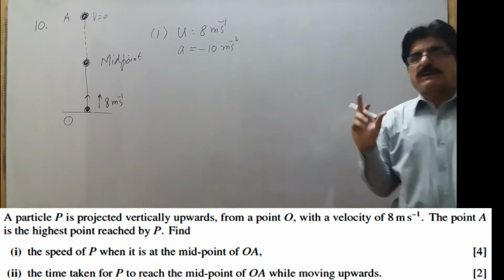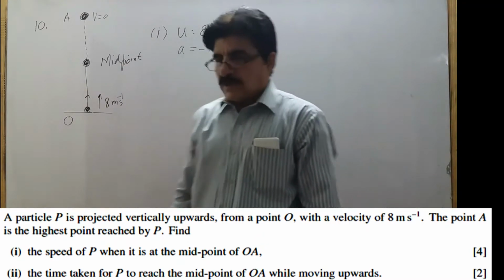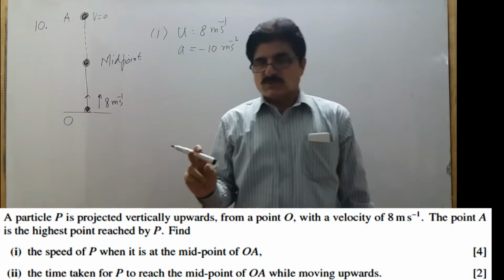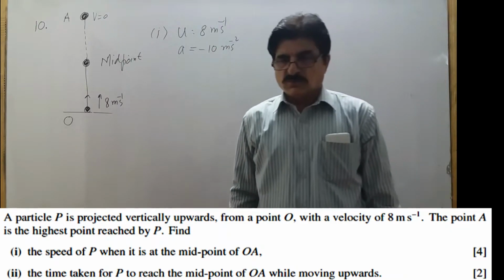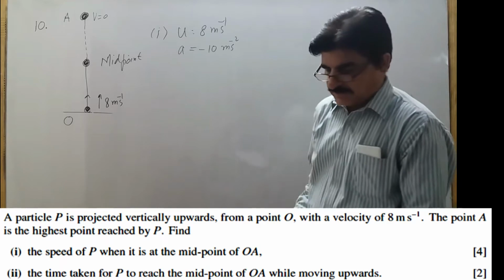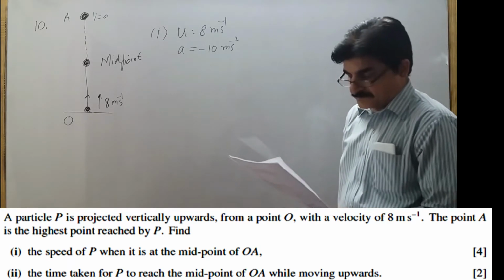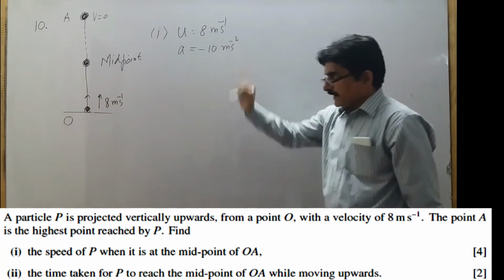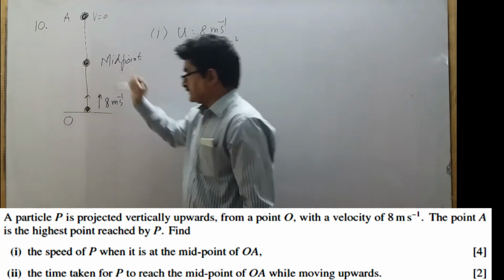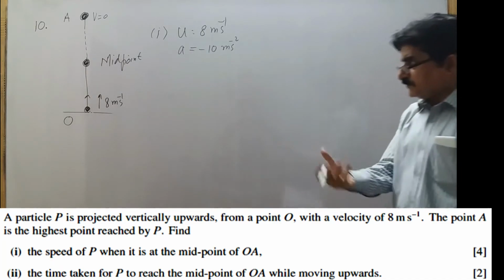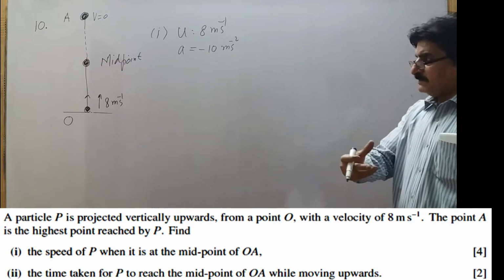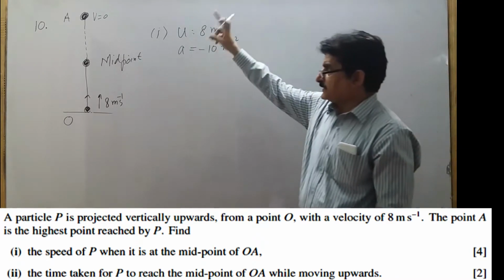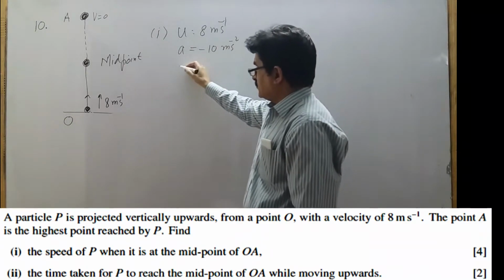Now we have only two quantities. Here you have to think that we need three quantities in all equations of motion, and we can find the other two quantities. You know, a total of 5 quantities are always involved. Now we are asked to find the speed at this point. We don't know time, we don't know this distance. So we have to find one of these two quantities, time or distance. We can find the distance, but firstly we find the total distance.